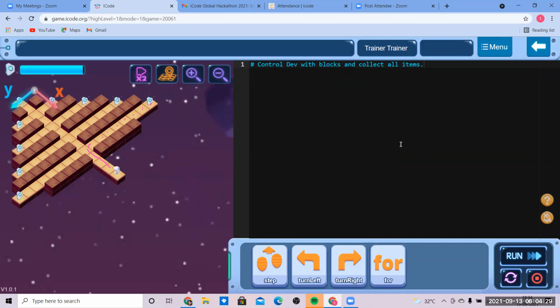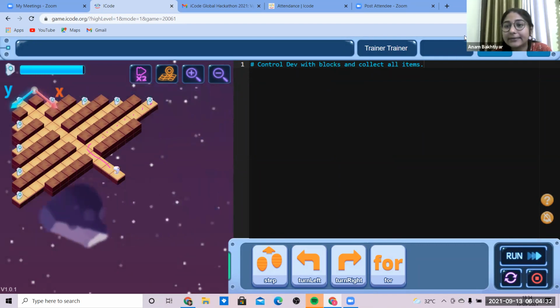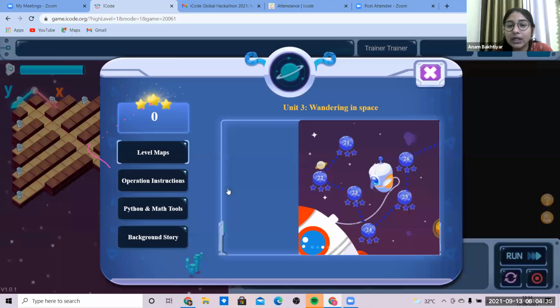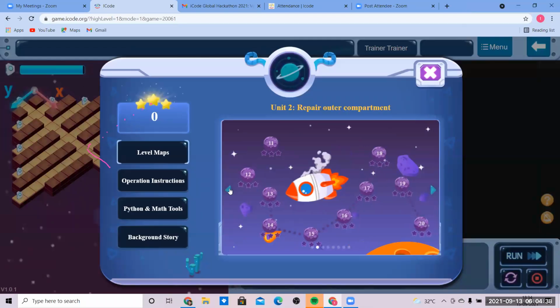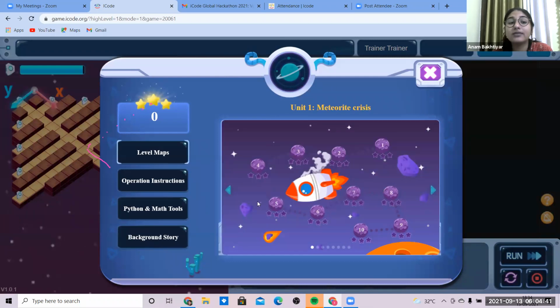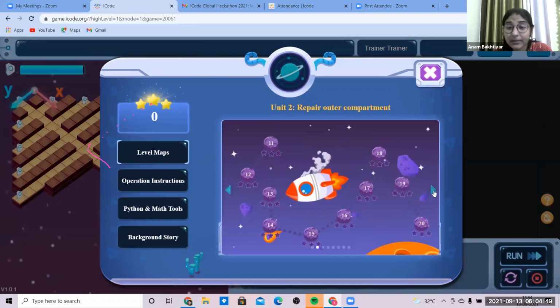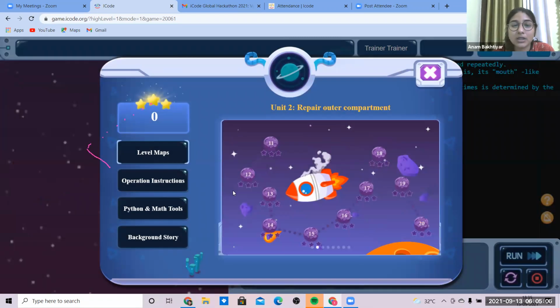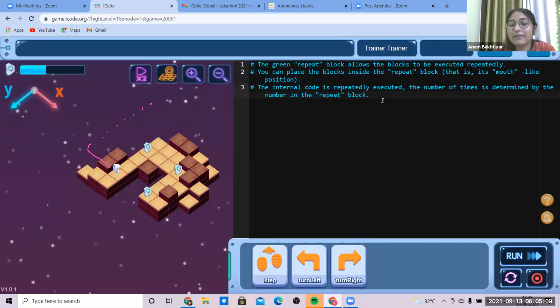See, now I have shown you these things step by step, right? There are a few people who did not get many of the things that we had learned till now. So what we can do is revise them, like you had gone from the first level to the 30th level. But there are a few concepts that you have learned: taking steps, turning right, turning left, variables, arithmetic operations on variables, and the for loop, that is the repetitive loop. There was a person who was asking me about the repetitive loop, so we had done it over here.